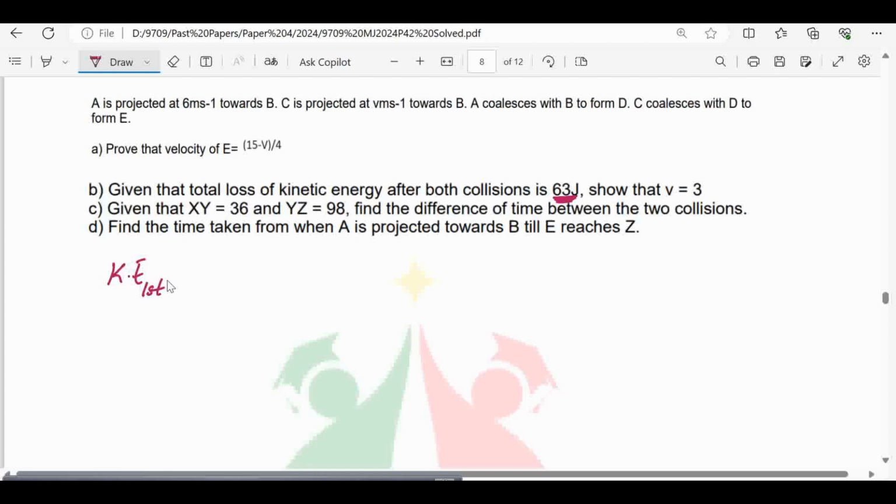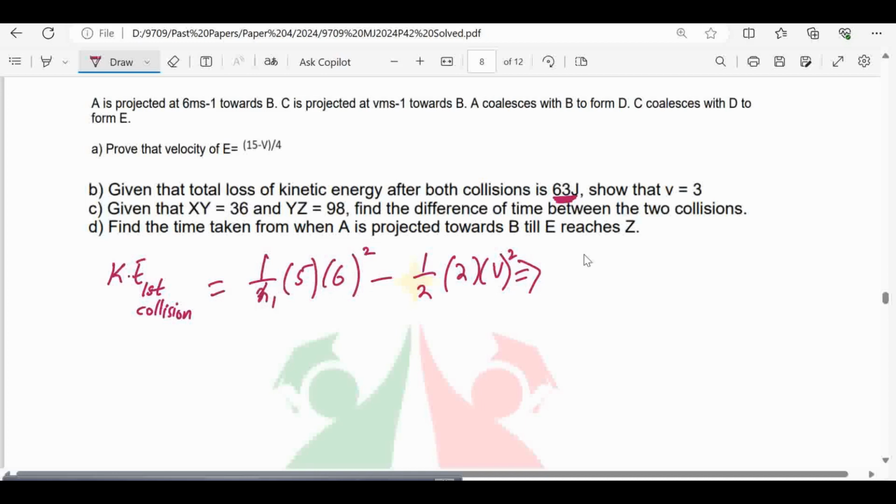after the collision. First means after the first collision, let me write the collision also. After the first collision the kinetic energy loss will be 1 by 2, the mass was 5 into 6 m/s squared, minus 1 by 2 into 2 into v squared. So from here we will have 2 ones are 2, this will be now 36. So the kinetic energy loss of first will be equal to 1 by 2 into 5 into 36 minus, we can cancel out the 2, so this will be